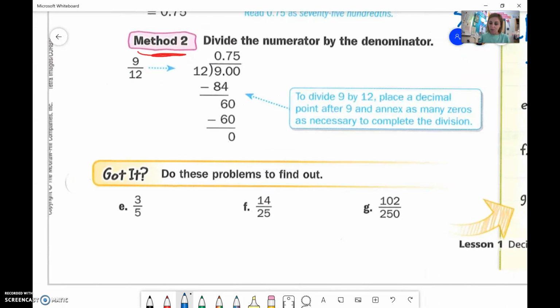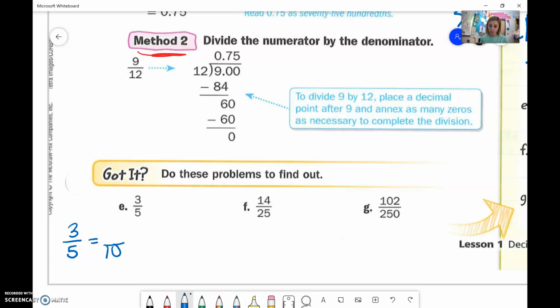We're going to start off with 3/5. Now, I'm going to show you both ways on this one, and I'm going to show you the equivalent fraction first. Okay, remember, I need to find an equivalent fraction that would have 10 as a denominator, or 100, or 1,000, or